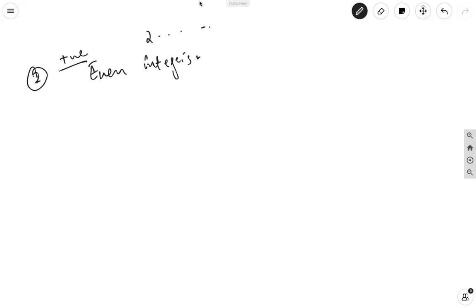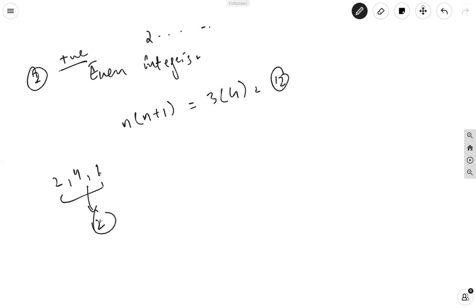To make this a bit simple, the question about the sum of positive even integers. In that case, the formula will be n into n plus 1. For example, if the question asks you the sum of first 3 even integers, so that will be 2, 4, and 6. If we add these, we will get 12, right? Now by using the formula, the sum of first three even integers will be 3 into 3 plus 1, 4. That will be 12. So in both cases, we are getting the same answer,